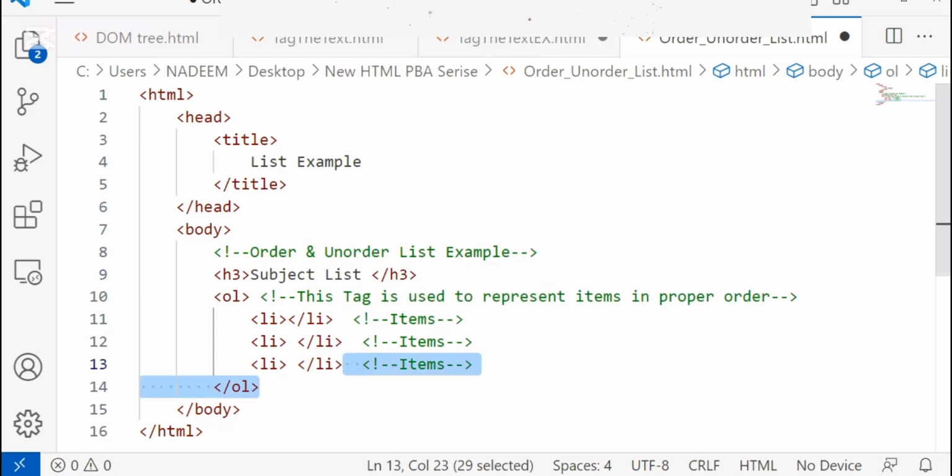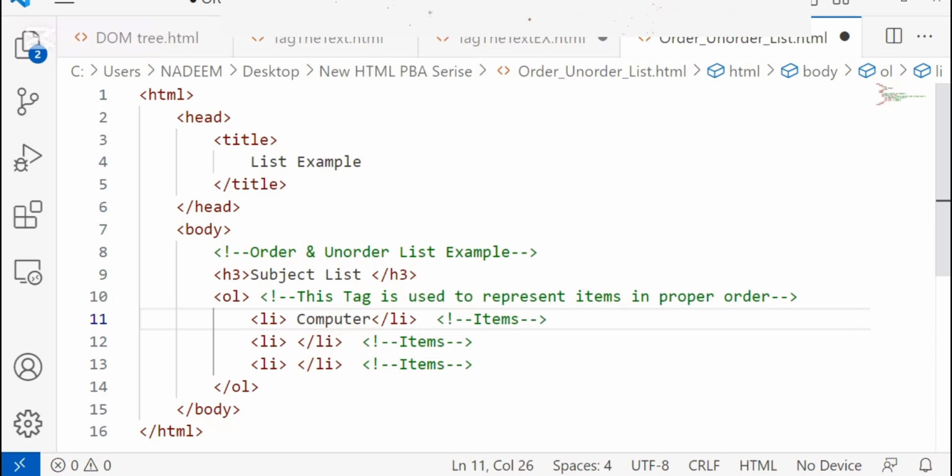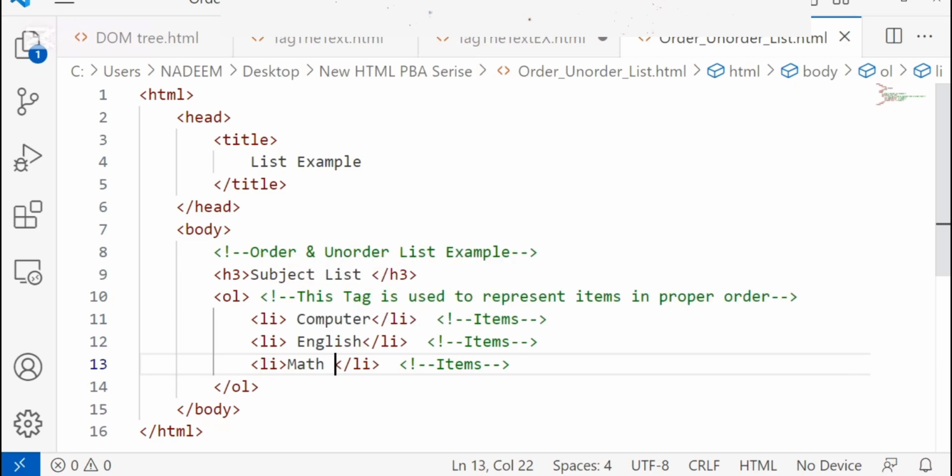I'm going to put an h3 heading here, and let's say the items are: the first subject is computer, and computer is our first item. The second one is English and the third one is math. Let's say we are just going to take 3 items.